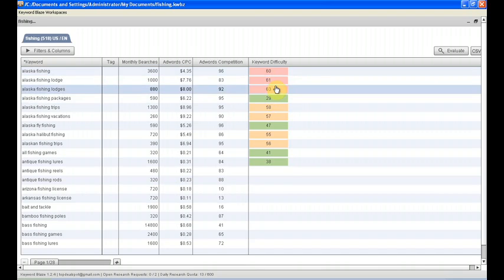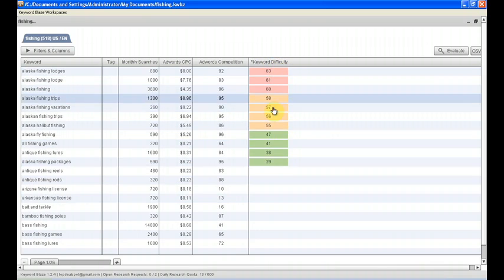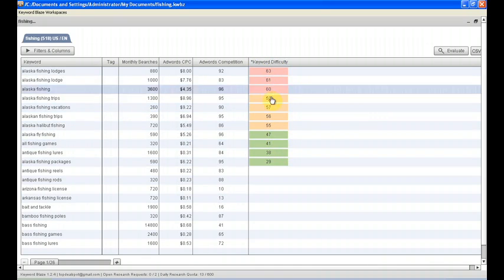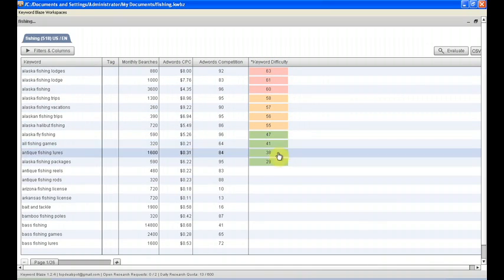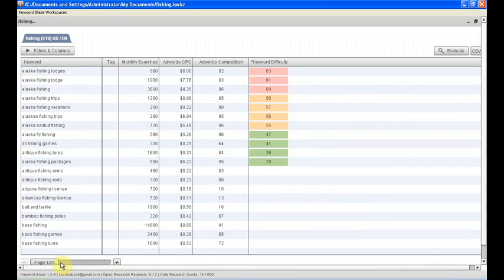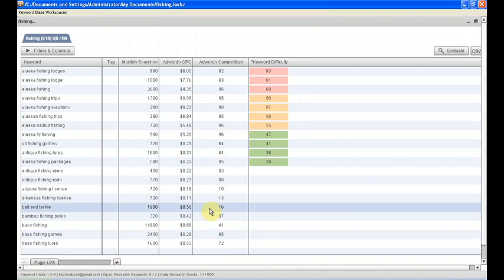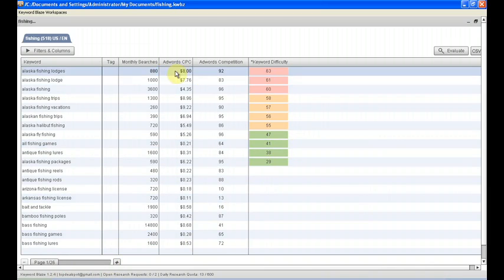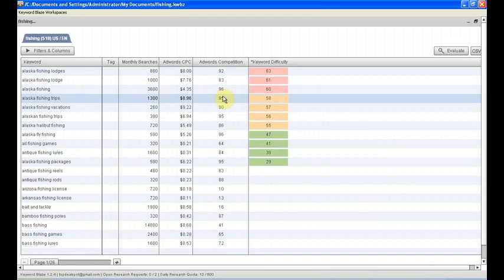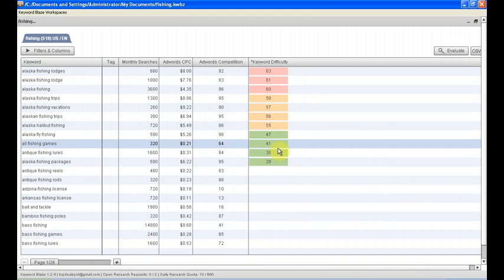Usually you don't want to go for the red ones. Okay, so that's how you do keyword analysis. Again, you can sort the column by clicking at the heading, if you want to make it easy for yourself to look at all these numbers. So you do this for all the result pages that it came back to you with. And at the end, you get a picture of which keywords are easy and which keywords are difficult